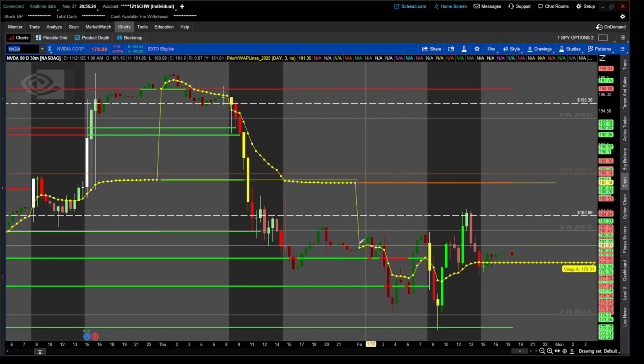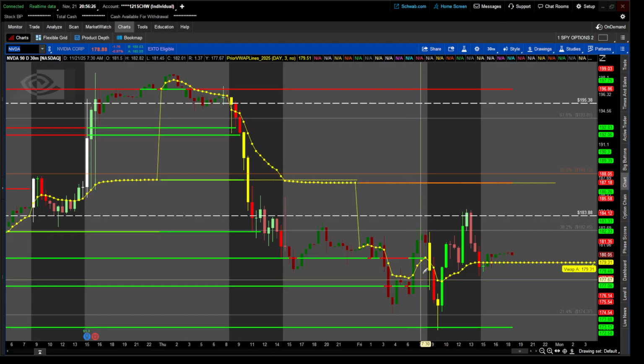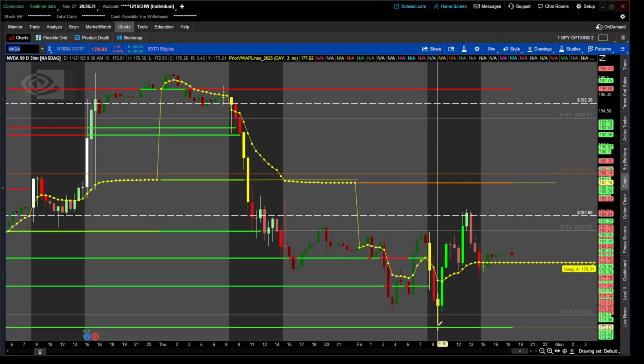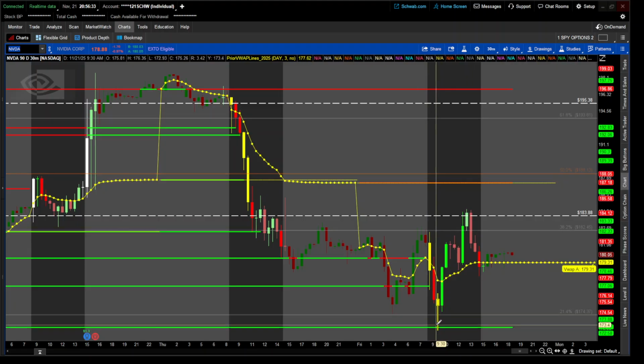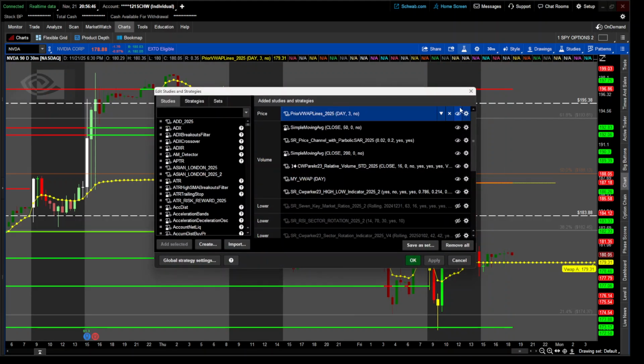You can see pre-market, it really just flirted with these VWAP levels right here. It crashed down, hit this VWAP level right here, or Prior Session VWAP on a daily, and it pushed back above. It came back to this resistance level that I had marked out on the daily. So if I wanted to change this to